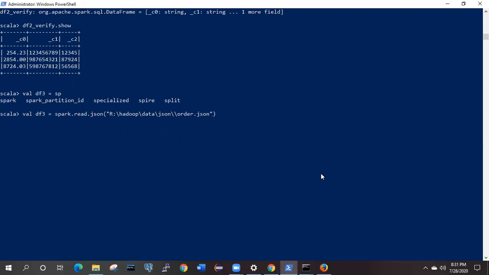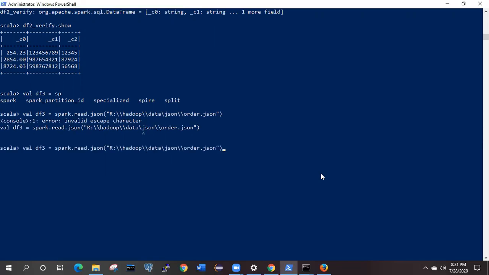Let me give the exact format for the path. Hit enter. Oh, sorry, we didn't specify the path correctly. So it is showing the data frame is loaded successfully.